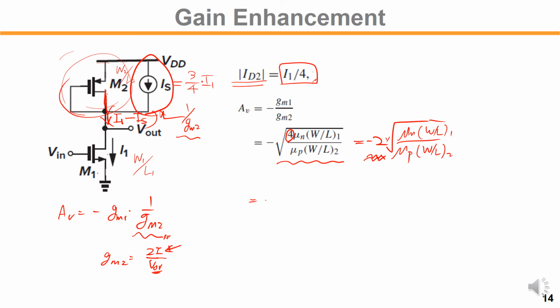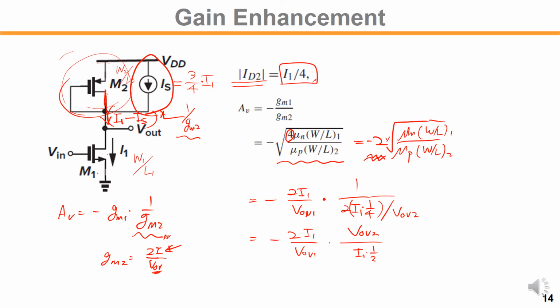For example, say GM1 is 2I1 over overdrive voltage 1, times GM2, which is 2 times 1/4 of I1, divided by overdrive voltage 2. We know that under the bias condition,